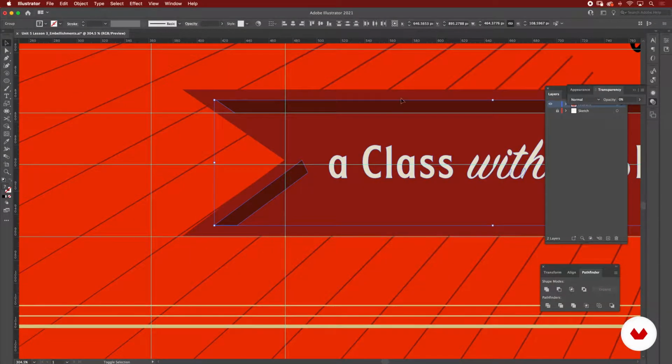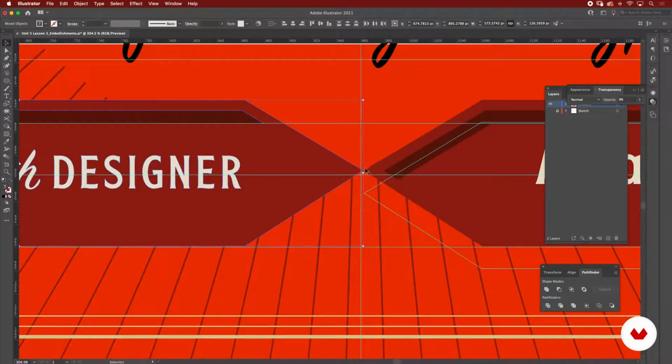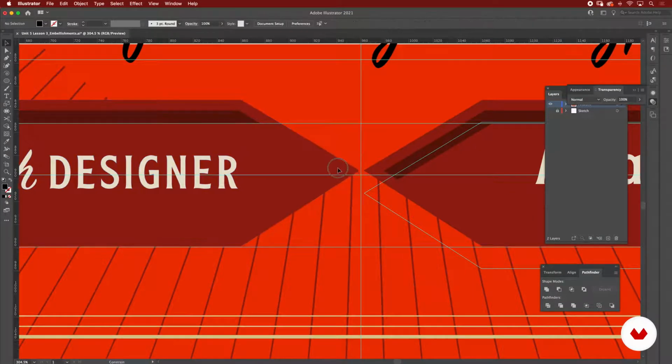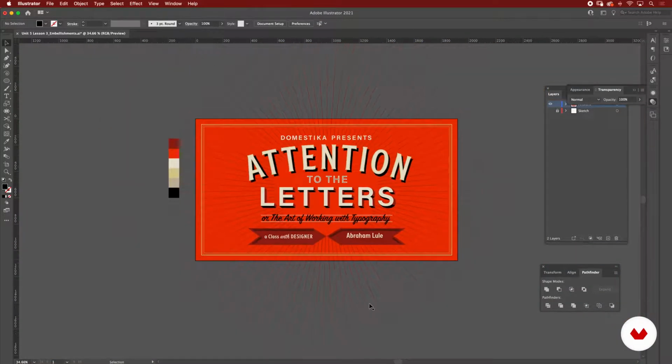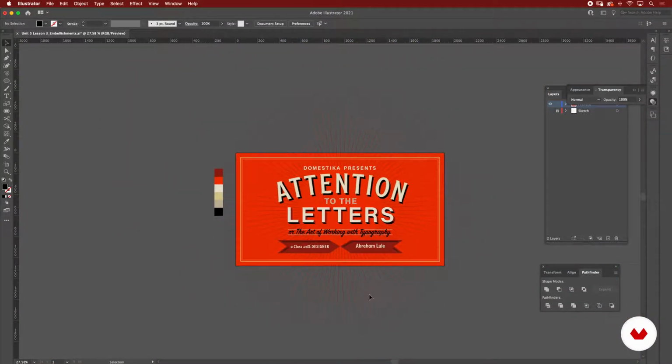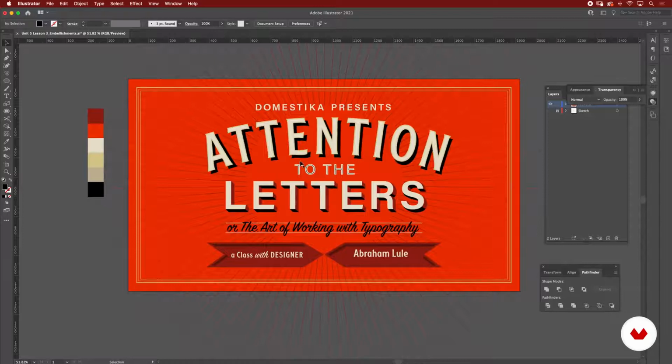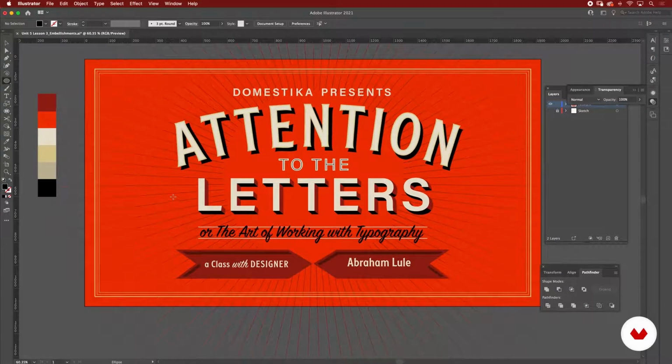I'm going to group all this, Command G, bring it to here. Okay, and I think we have it. I think the only comment I have is that I'm not really happy with how this is coming in, and that's the reason I'm going to introduce some. They're not pearls, but they look like pearls. Bring a bit more elegance to our composition.